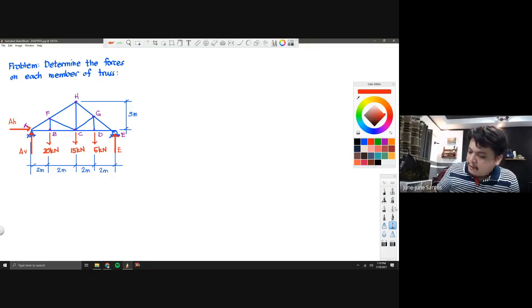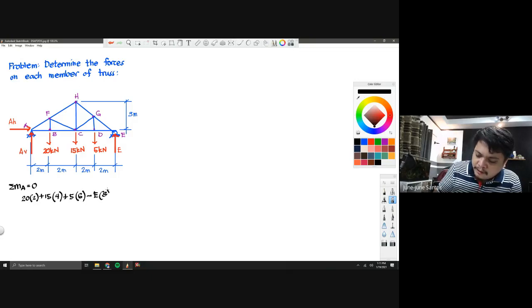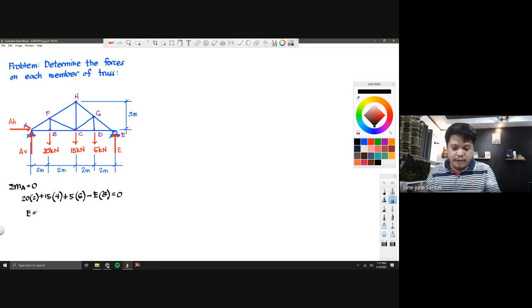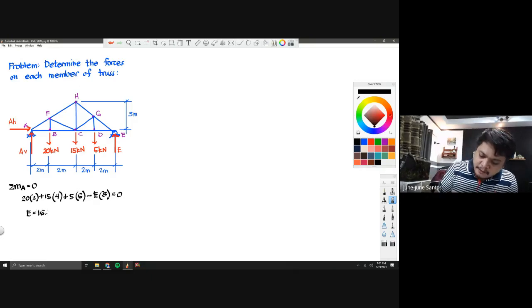So, I will have it summation moment at A equal to 0. So, I have here 20 multiplied by 2 plus 15 multiplied by 4 plus 5 multiplied by 6 minus E multiplied by 8 equal to 0. So you have now the force at point E. That is 20 times 2 plus 15 times 4 plus 5 times 6, divided by 8. So you have here 16.25